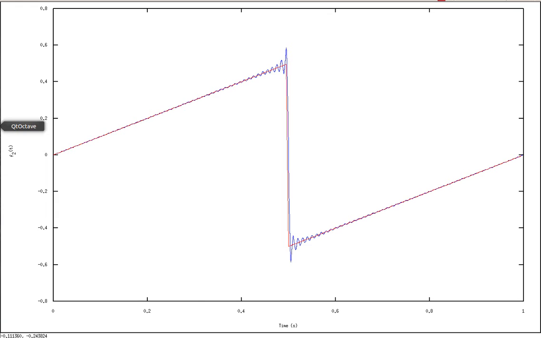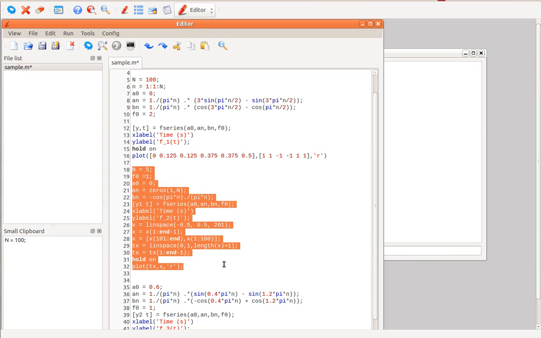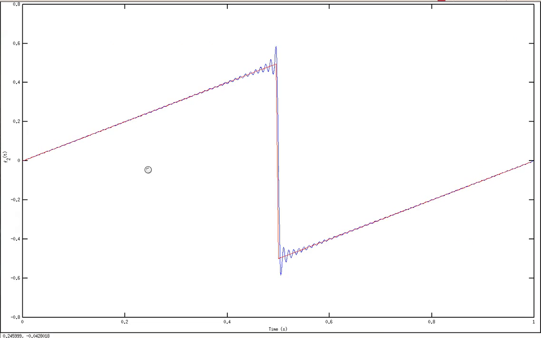So let's see what happens if we reduce the number of coefficients that we're using. For example, instead of using 100, I'm just going to use 5 coefficients. What do you expect to happen? Well, when the number of coefficients go down, what you're